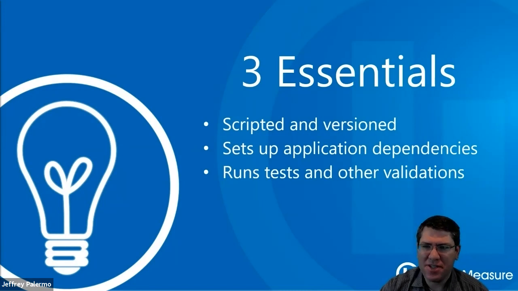Okay, this third essential here: the build has to run tests. These are validations. Test-driven development gave us a great pattern for any type of validation. It was arrange, act, assert, or AAA. Now, arrange is setting up the application environment, the dependencies, the local SQL database. Act is compiling and setting up to run locally. And assert is at a minimum XUnit or NUnit tests.